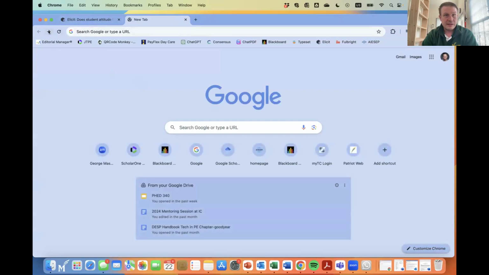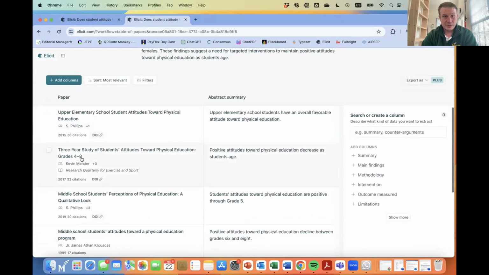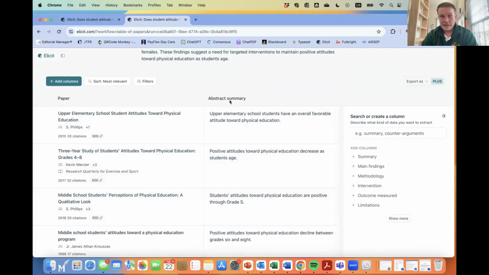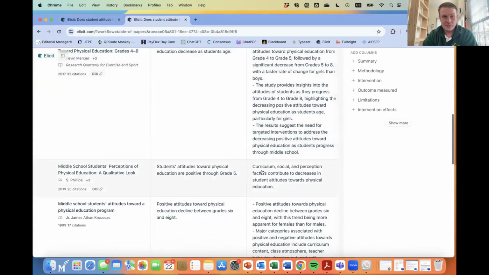If I don't want that, right, I can go to the next one, Kevin Mercier, 3 others, 32 citations. But what's cool about here is it gives you the abstract summary, but you can also say, well, I want to know what the main findings are. And it gives you side-by-side examples of the main findings in here. And then you keep scrolling down.